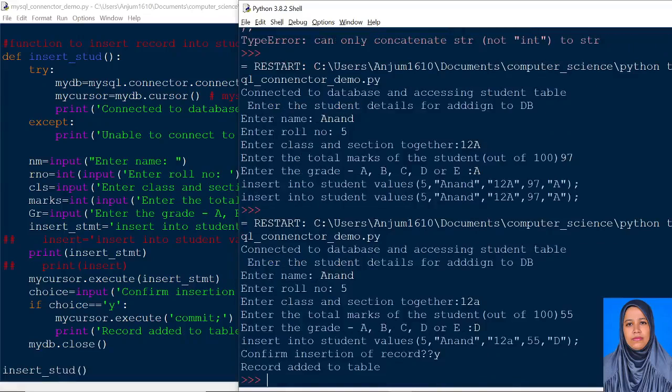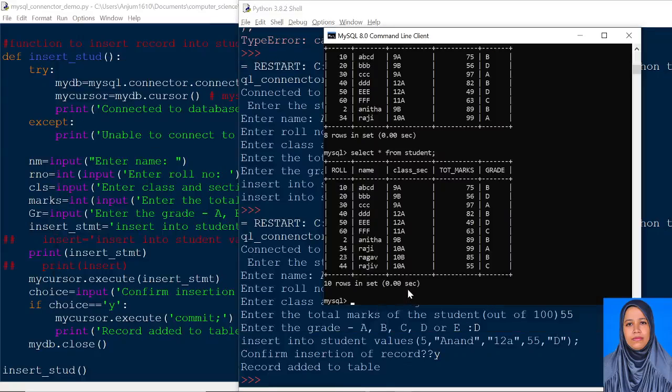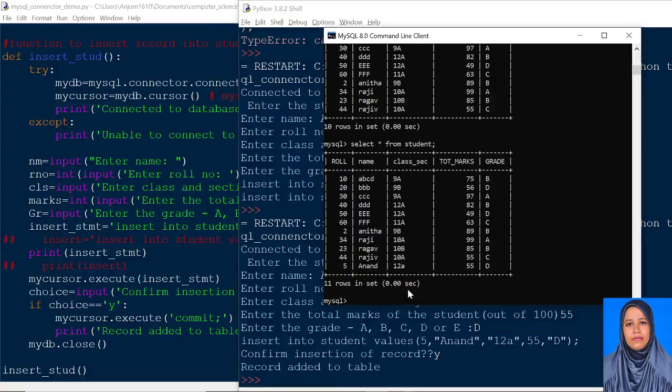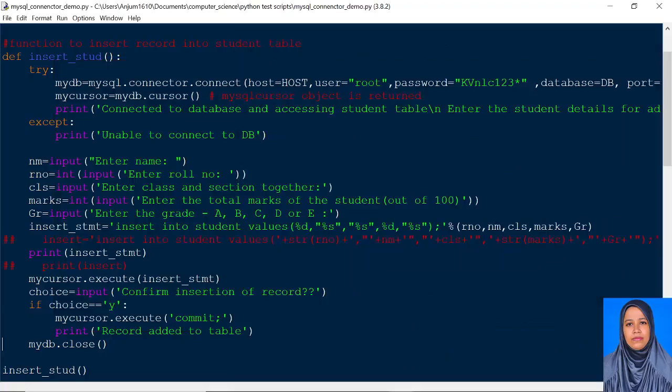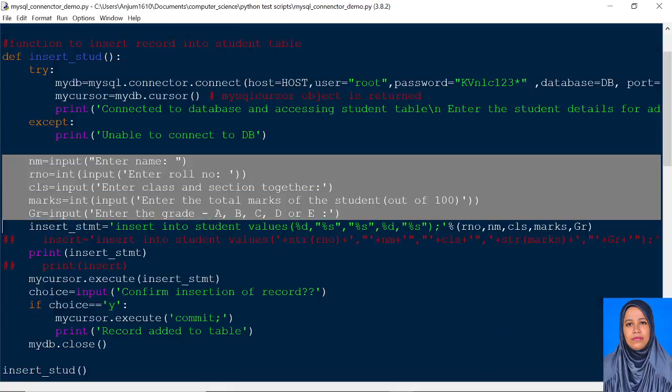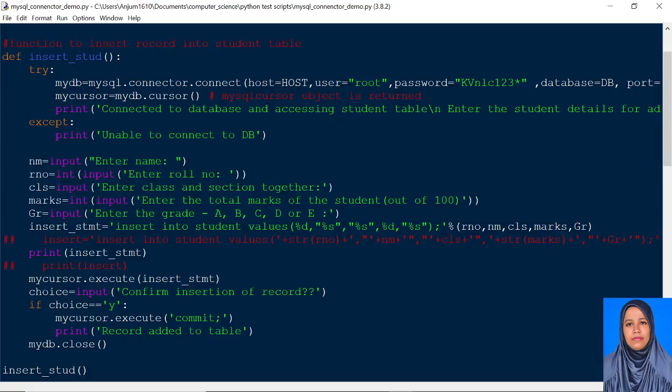Now we can confirm whether the record was added to the table by looking at our DBMS. You can see 5 Anand 12A 55D has been added successfully. So this is how we do insertion of record in database. Of course, if you wish, you can pass these values as arguments to the function, and then you could create an insert statement from the arguments. This is a very generic function where I am getting all the values from the user, and then we are constructing the insert statement from the